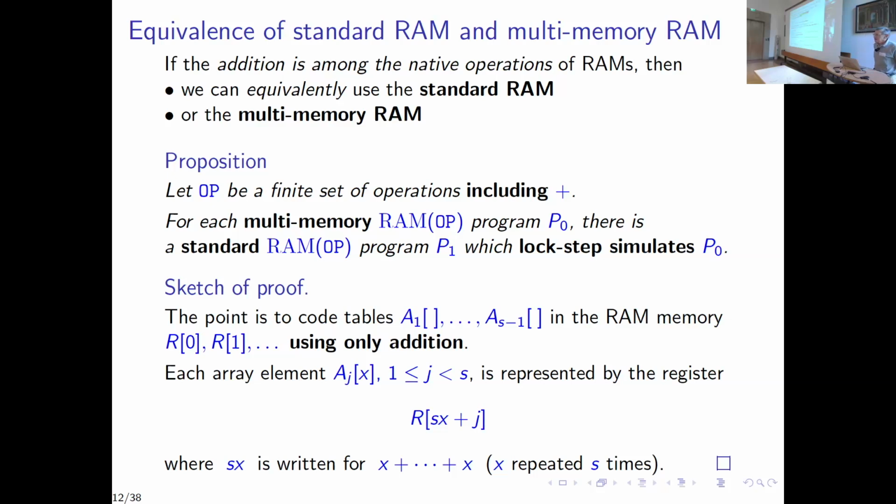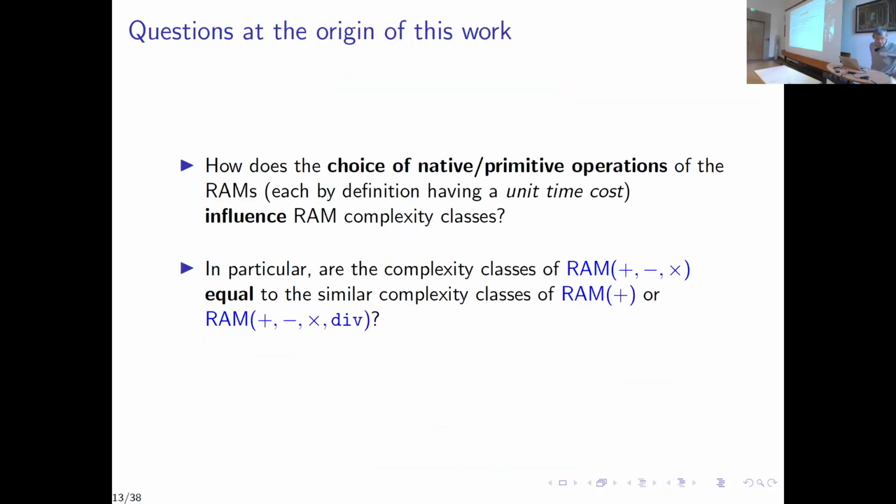I insist on the fact that addition is used. Successor is not sufficient. You need it to encode arrays into memory. So an array element like A[x] is represented, as we do in programming, by R, s·x plus g. There's no multiplication because s·x is x repeated s times, and g is also a constant integer. So only addition. At the origin of this work,